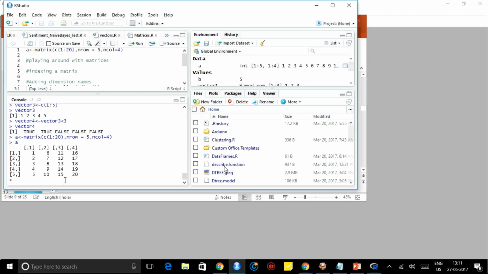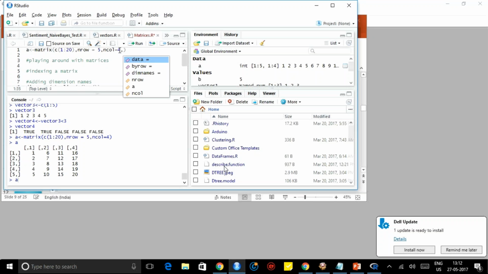So if you see the declared matrix, I gave 5 rows and 4 columns. So 1, 2, 3, 4, 5. For example, now you can see this one has been entered column wise, right? 1, 2, 3, 4, 5, 6, 7, 8, 9, 10, it's like this, right? We can also change it. Also here these functions are overloaded. If you want suggestions, you can press control space to get a suggestion.